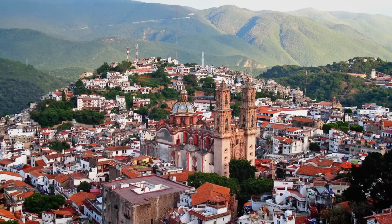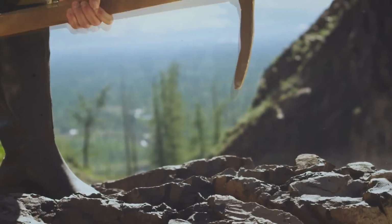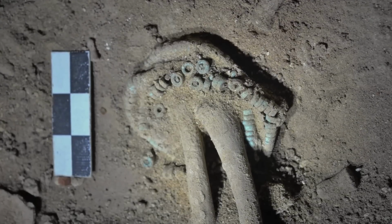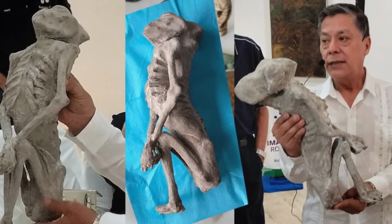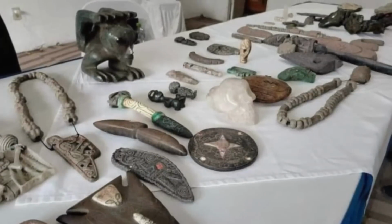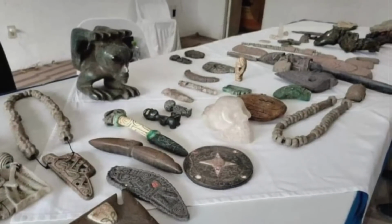About 4 years ago, near the city of Taxco, miners approached Pablo Garcia. They said that at a depth of 30-35 meters, they began to find very strange objects. The collection of artifacts surprised even the explorer. The miners brought to the surface beads made of various semi-precious stones, a jade blade, and various amulets and talismans